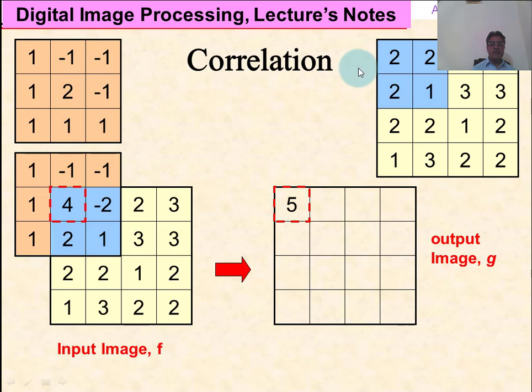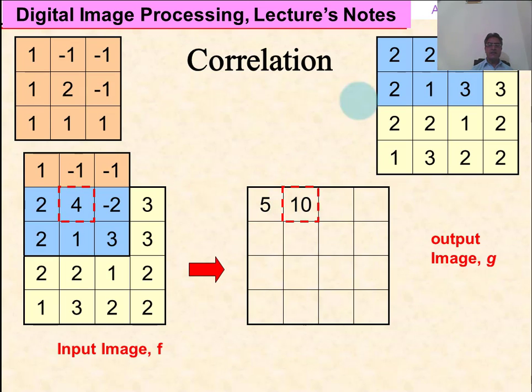This 2 will multiply with this 2 and become 4. -1 will multiply with 2 and become -2. This 1 will multiply with 2 and become 2, and this 1 will multiply with this 1 and become 1. And when we add these values, it will become 5, and similarly it will slide to the next